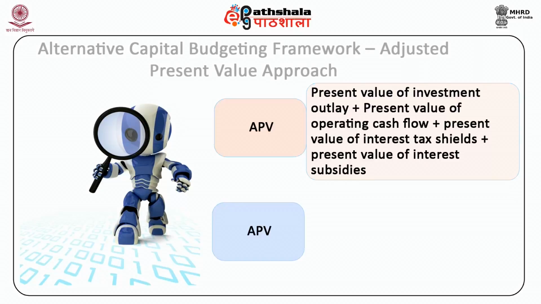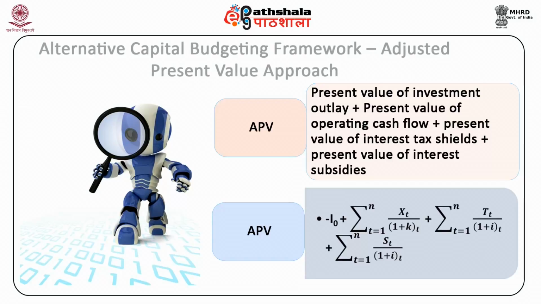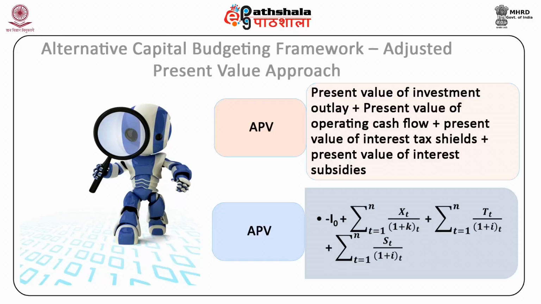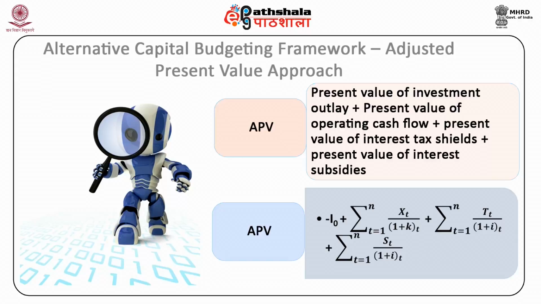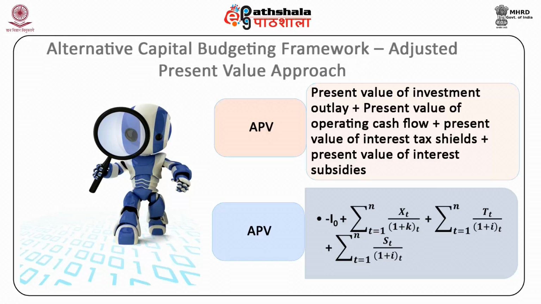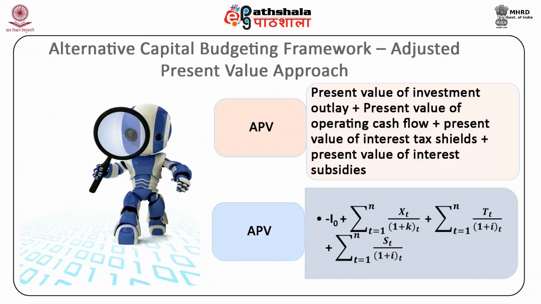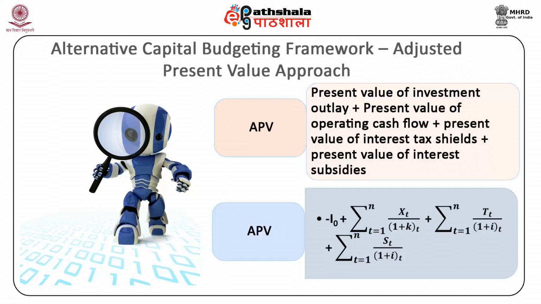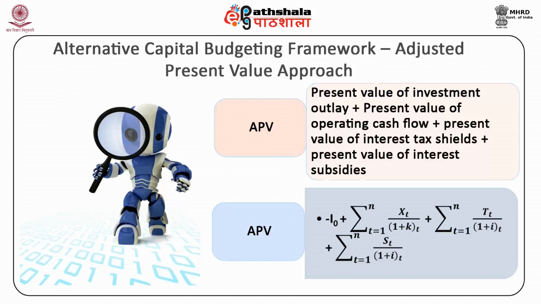That is, APV is equal to negative I0 plus summation Xt divided by (1 plus k) raised to power t, where t ranges from 1 to n, plus summation Tt divided by (1 plus i) raised to power t, where t ranges from 1 to n, plus St divided by (1 plus i) raised to power t, and t again ranges from 1 to n, where